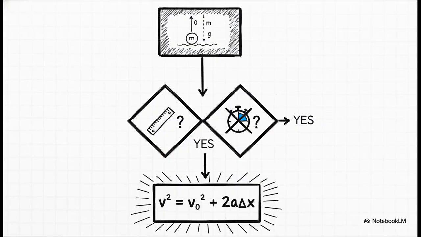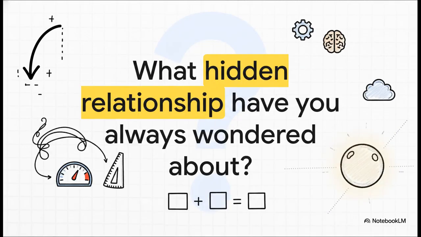So from now on, here's your mental checklist. When you see a free fall problem, just ask yourself these two questions. 1, does it give me a height or a distance? And 2, does it not give me the time? If you answer yes to both of those, boom, you know exactly which equation to pull out. This is your go-to. You know, when you really think about it, what we just did was use physics to